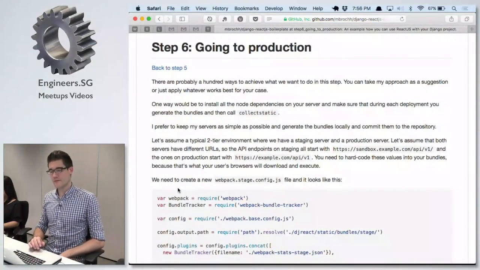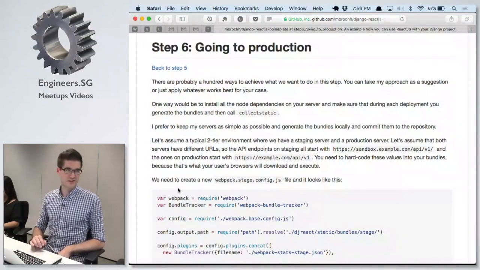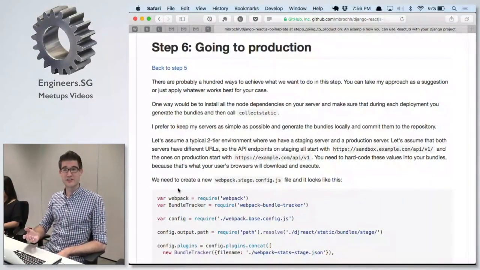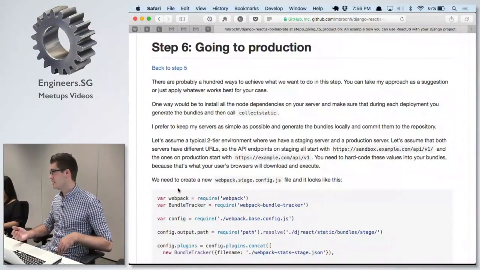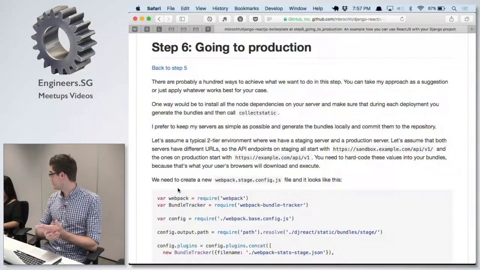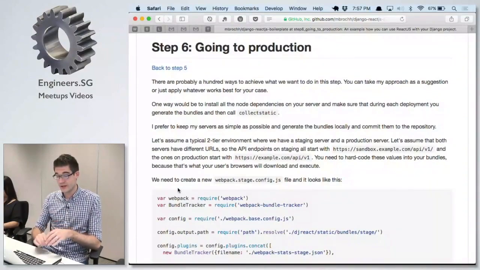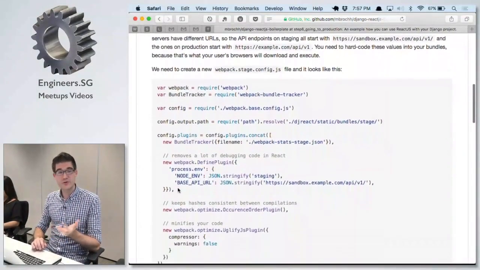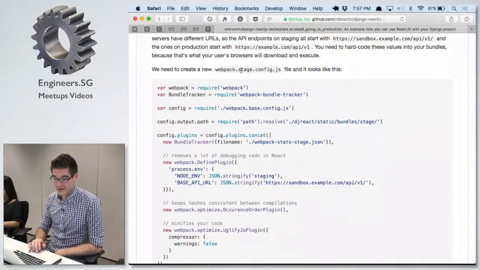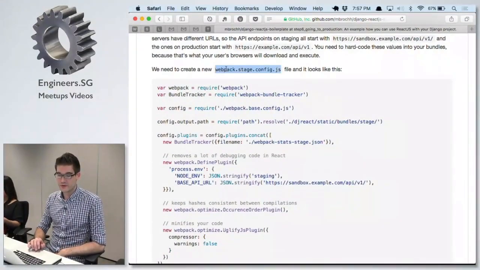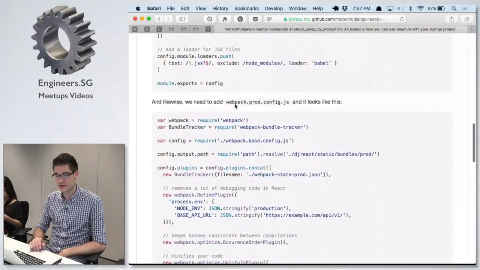Yeah, many people already got that far. And then the next question is, okay, but how do I deploy my stuff to my already existing Django infrastructure, to my servers? Okay, and as I already explained in the beginning, the only thing that we need to do is create 2 more Webpack configs. One is called stage.config.js and the other one is called